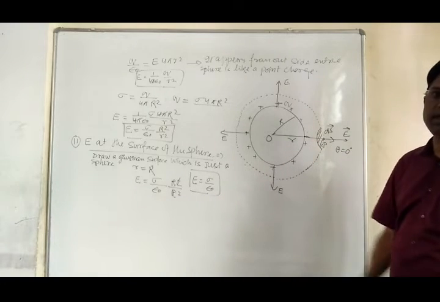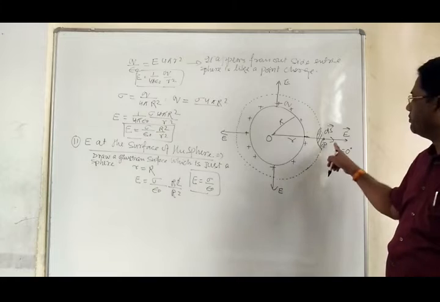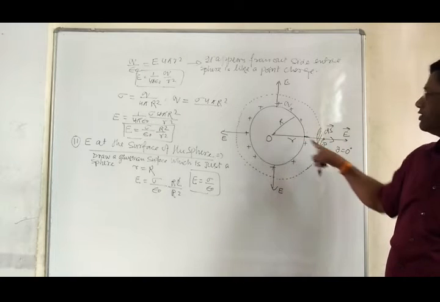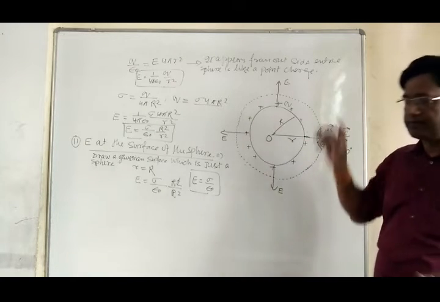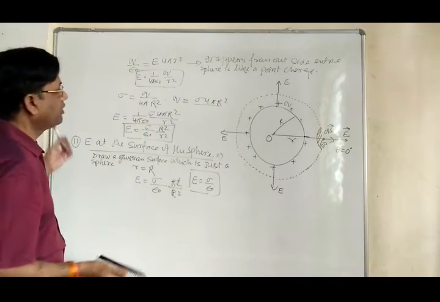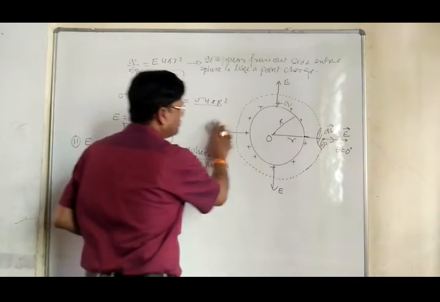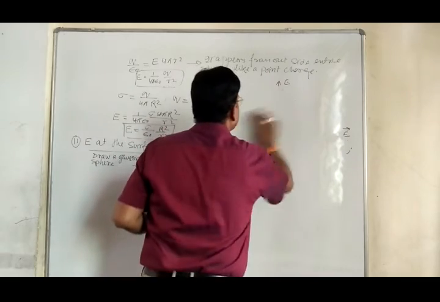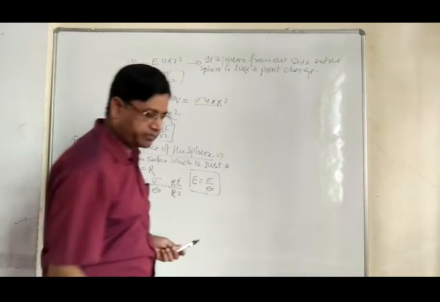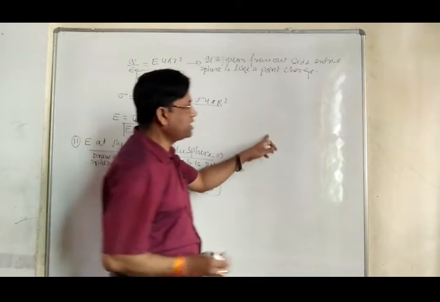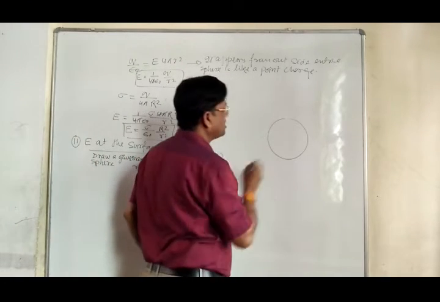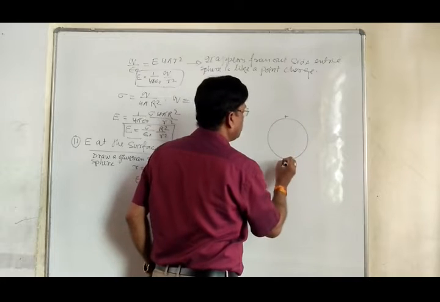Now our next location is where the point P lies inside the sphere. Third point is then P point lies inside the sphere. Then just see, we need to draw another diagram for this purpose. You note it. Now point P lies inside here. For this, we will draw another sphere. This is a sphere, uniformly charged.